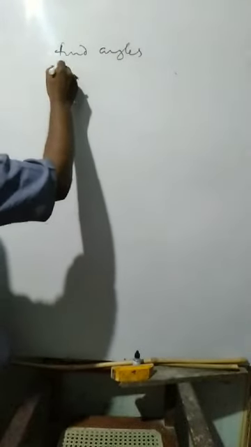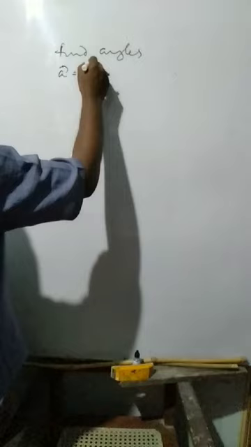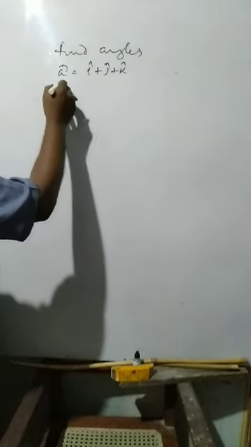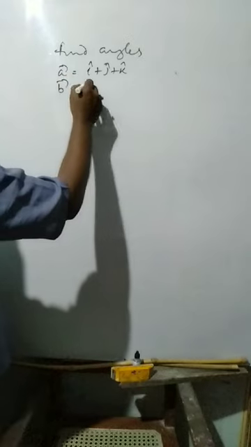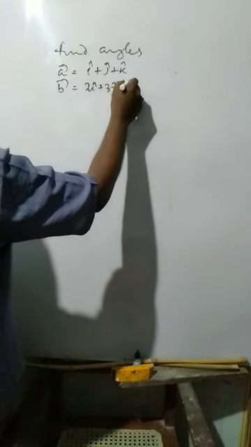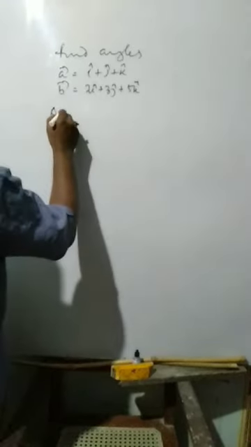Find the angle. Take A vector equal to i cap plus j cap plus k cap, and B vector equal to 2i cap plus 3j cap plus 5k cap. So here angle theta equal to